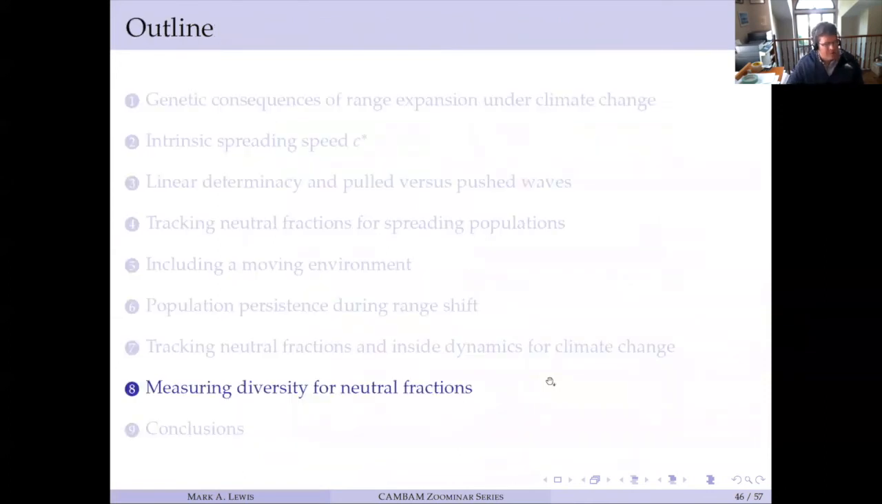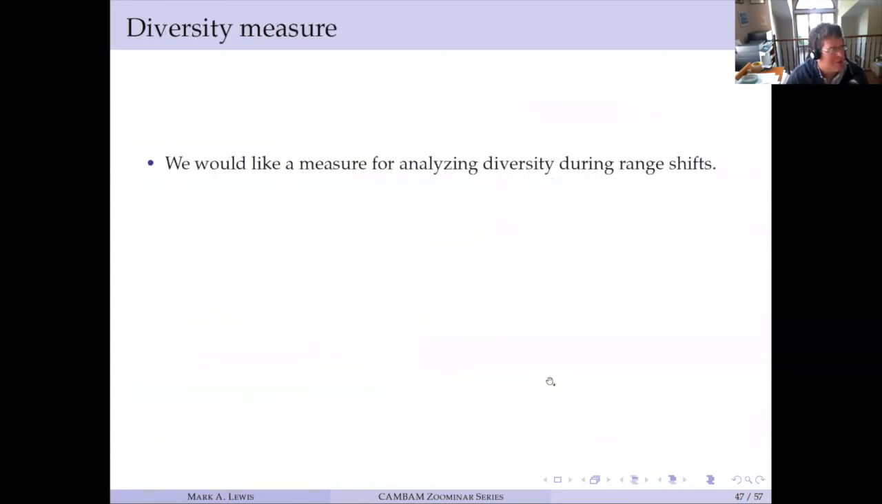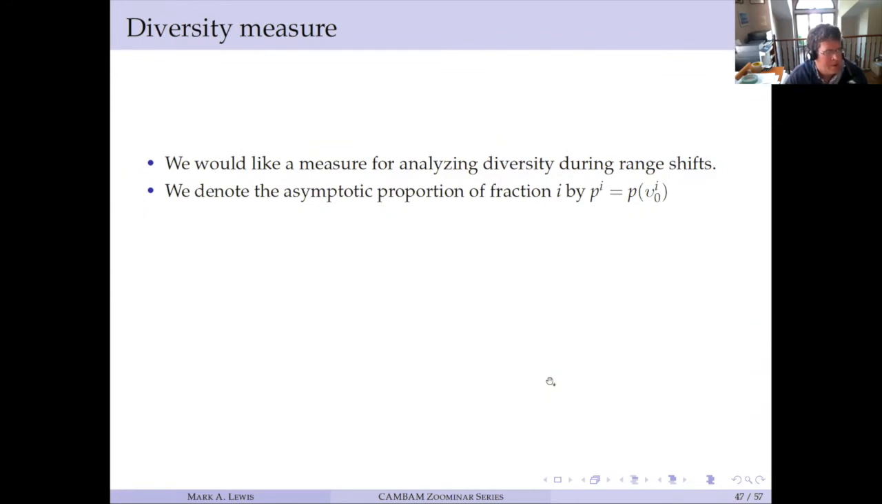Okay, so there comes a point where you work on things mathematically and you get some interesting results, and then you're thinking about how you are going to communicate these to people who don't love analyzing partial differential equations and try to make an impact in biology. So Jimmy and I thought about this, and we wanted to measure diversity during range shifts that we could talk about. And we know there's a formula for the asymptotic proportion of any neutral fraction, which was